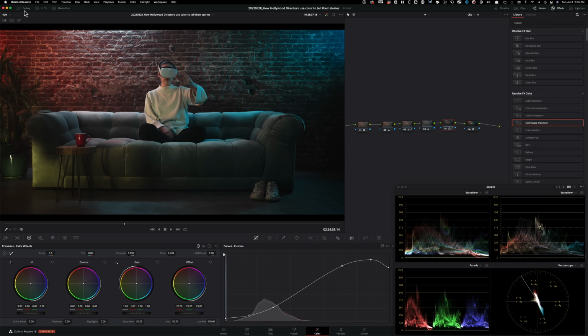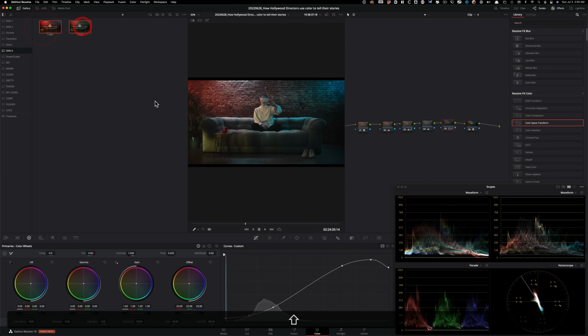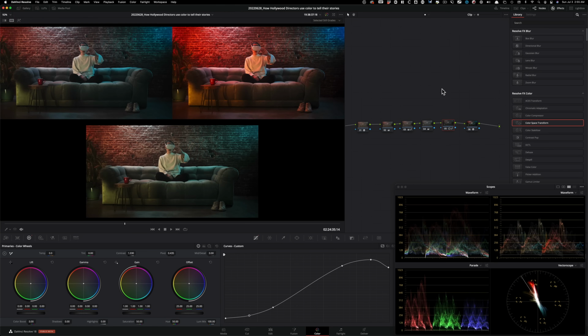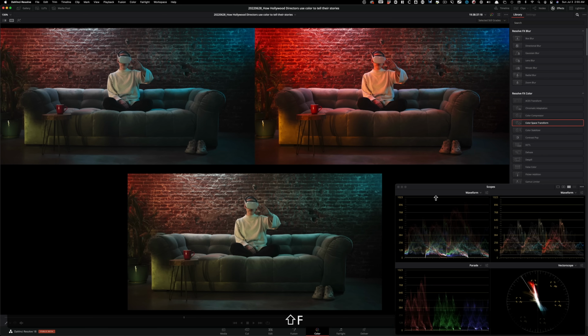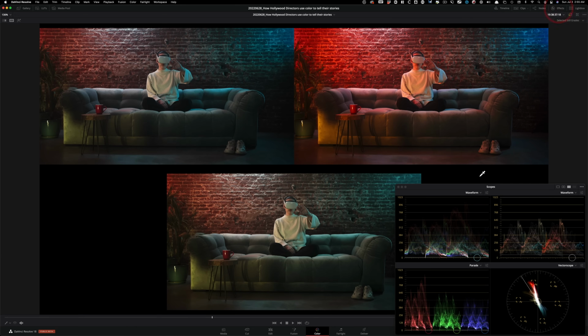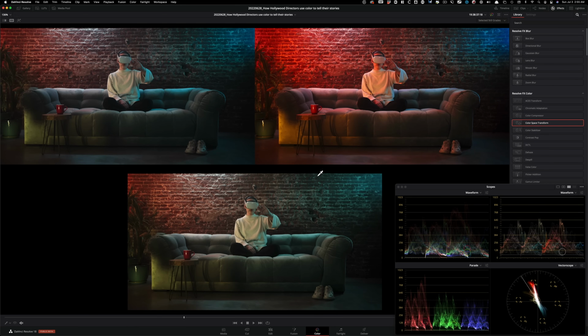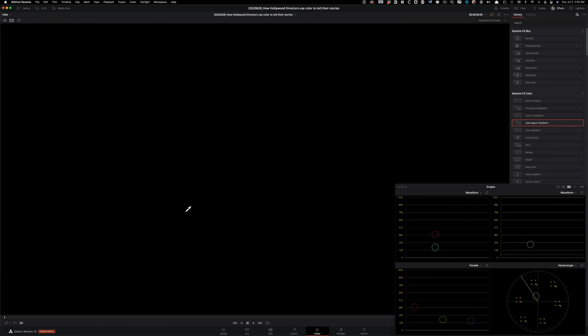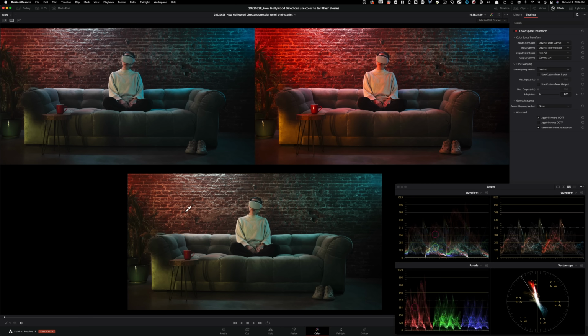So now what I'm going to do is grab the other two versions and we're going to pull them up in this fashion. And I'm going to get rid of this, or actually leave that open because that actually helps. So now we have our three versions. We have our Denis version right here, which, by the way, we can go back in there. I didn't mean to do that. We can go back in this node and I can crank the saturation up and down to see if I like it a different way. I actually kind of like it desaturated,